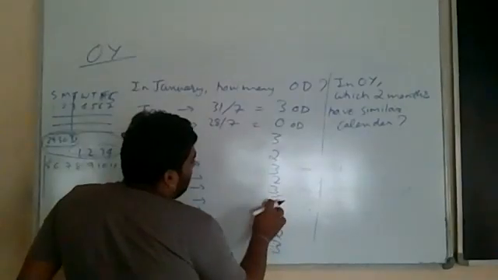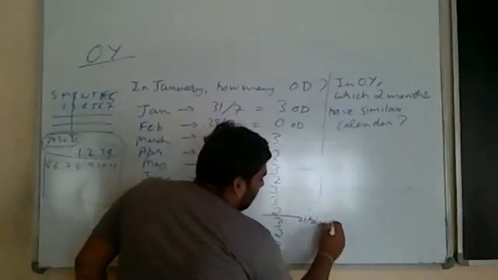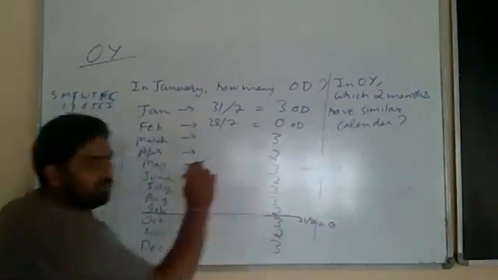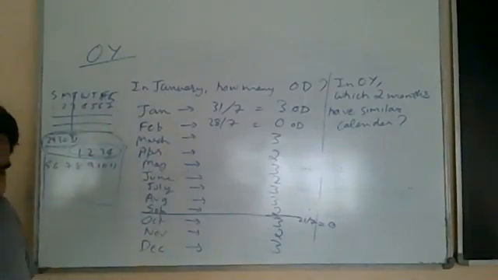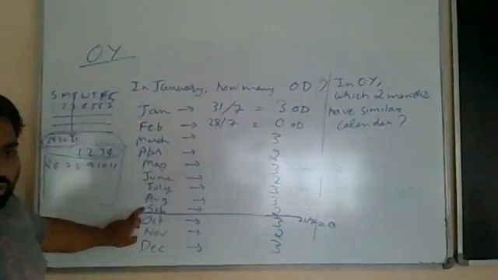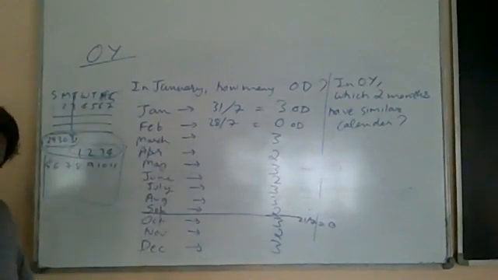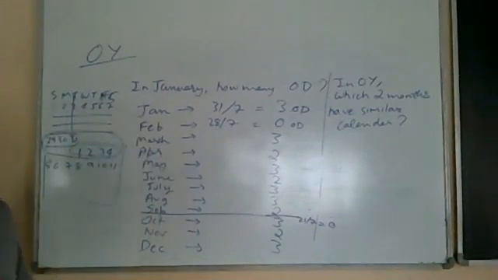So up to here it is 16. Again 3 makes 19. Again 2 makes 21. Here it is 21, which means 21 divided by 7 leaves 0, so till September there are 0 odd days, which means the October month will look just like January. Starting from here, when we come to this point there are 0 odd days, so this month should look just like January. It is a fresh count from here, and it will look just like January. Understood?